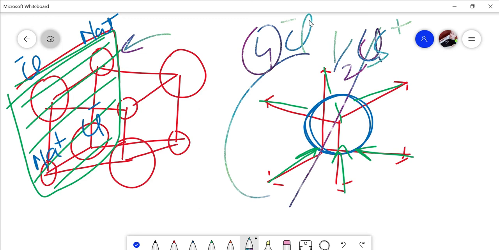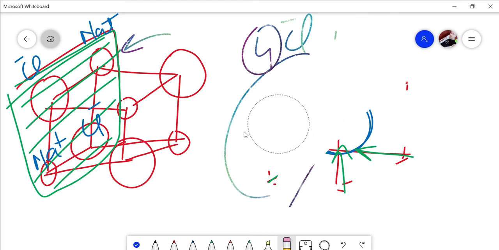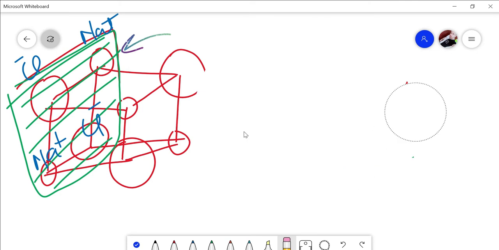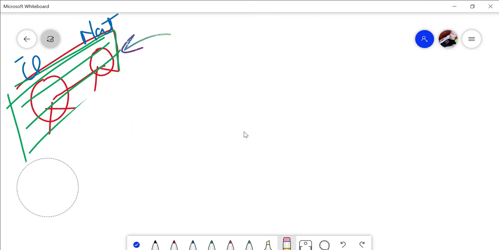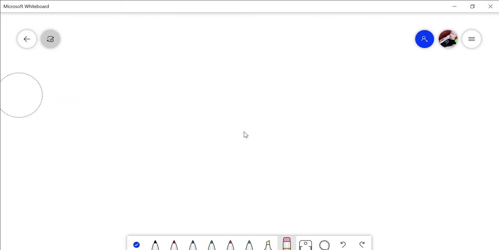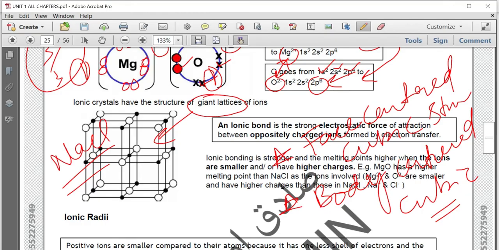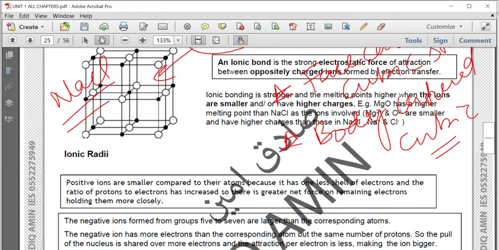Okay? Are we clear till this point? Yes, sir. Okay, my screen is not lagging, right? Are we clear? Yes, sir. Okay, now I'm moving towards